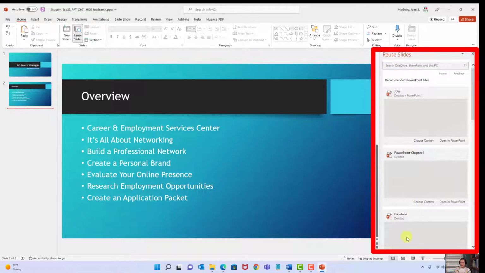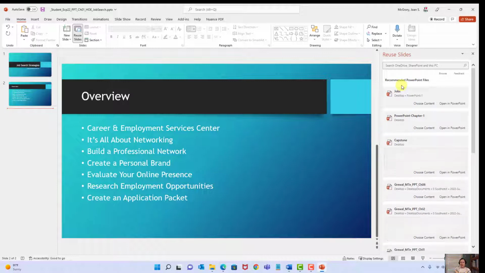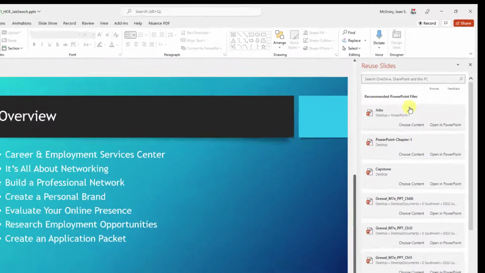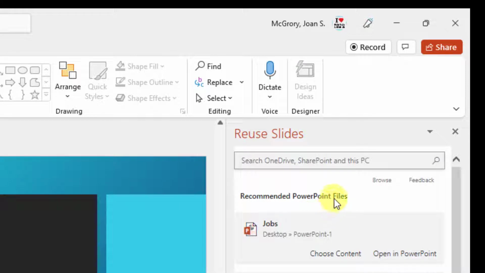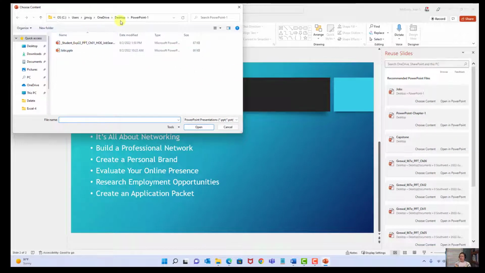And here our slides open up over here to the side. Now, a nice thing is, since I already double-clicked that jobs presentation to open it and show it to you, look at that, this is cool. It showed me basically thumbnails, and now it's collapsing those. I actually would not have to browse to it because it remembers that that was the last thing that I opened, but the instructions do say that we should click on Browse, and make sure it's remembering this because this is where I just opened the PowerPoint from, but make sure you're in your correct folder and that you locate jobs. Yours will probably, by default, not display the .pptx. Select it,